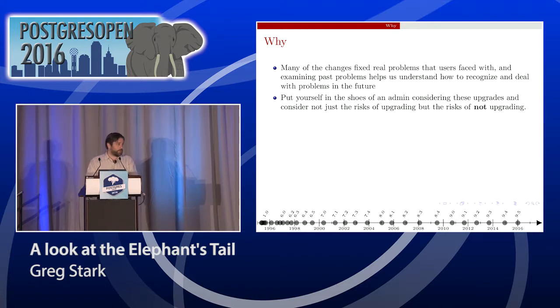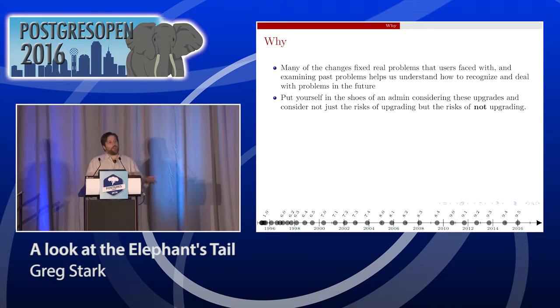And when you are an administrator and you're considering upgrading to a new version, it's always really easy to look at the release notes and look at all these shiny new features and say, these are all great, but my application works fine without these, and all I see here are risks, the possibility that it's not going to work for me. And all these benefits are things that I don't need. And in reality, I think if you put yourself in the shoes of the admins looking at these older versions, you might start to see that